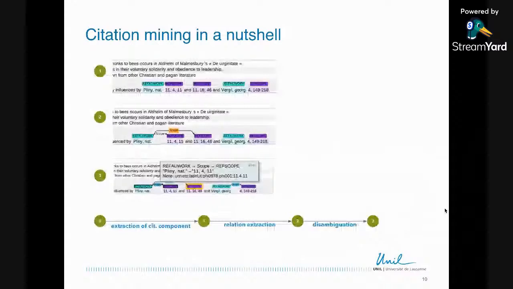In this case, they are close to the title reference, but in some other more extreme cases, they can also be very far apart. Meaning, we need to link them together, and this is done by means of relations that get established. So each reference is essentially a relation between a reference to a work and the scope that gets cited.